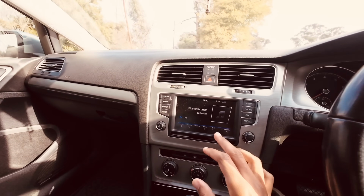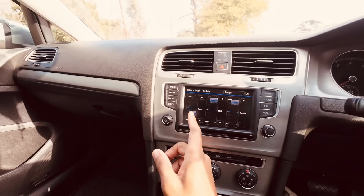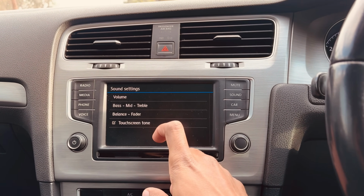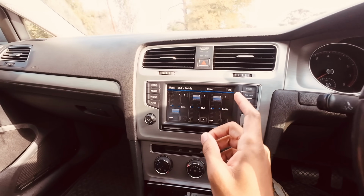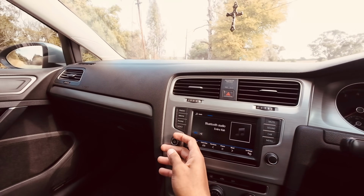And in the car, this is what I've done. If we go to bass, mid and treble, I've put my bass in the negative section, about -5-ish, because I want most of the bass to come from the sub itself, and I've cranked up my mids and my treble, and because of this my tweeters are so loud, like